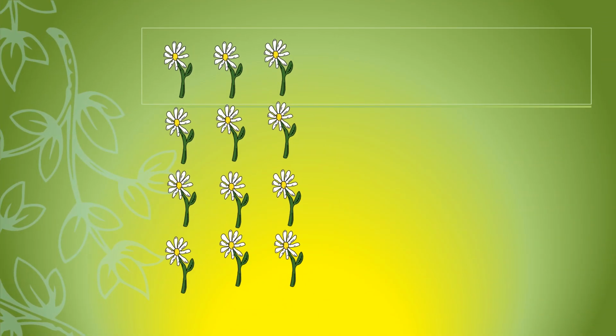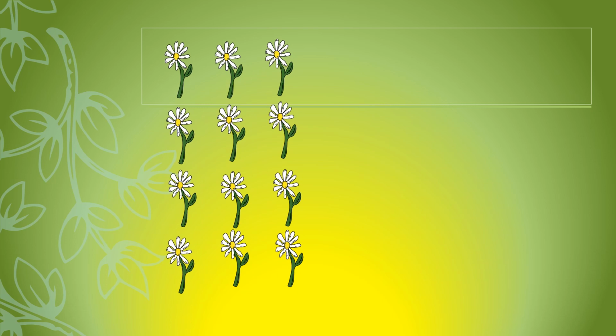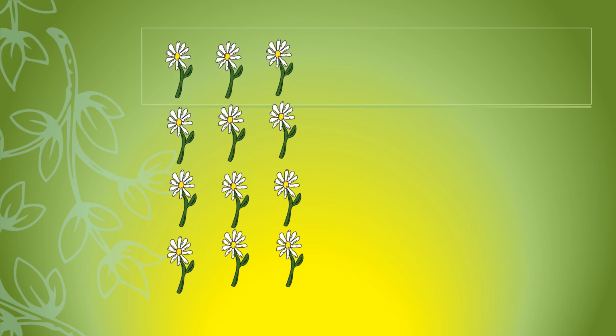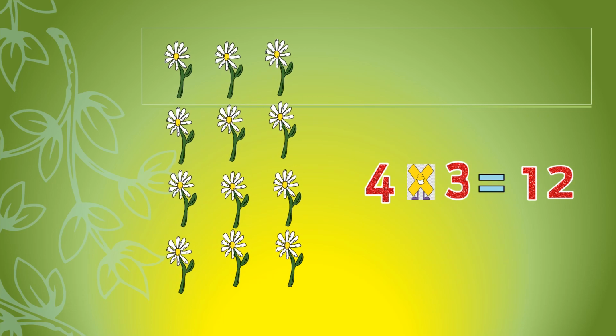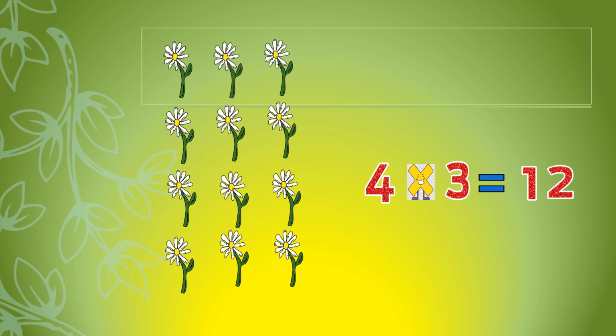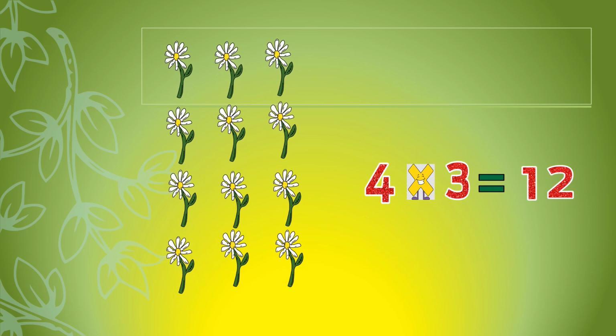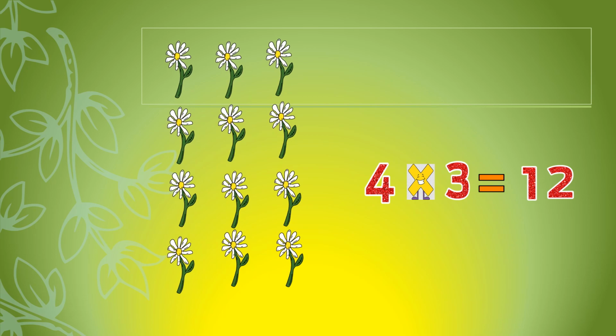Now here comes one more arrangement. Children, you can see here how many rows we have. One row with 3 flowers, another row with 3 flowers, third row with 3 flowers, and fourth row with 3 flowers. So in all we have how many flowers? 4 multiplied by 3 equals 12, right? Now if we divide 12 by 3, we'll obtain the answer as 4, and hence we have 4 rows. Each row is having 3 flowers, which comes to the total of 12. And yes, of course, no flower is left behind, right?